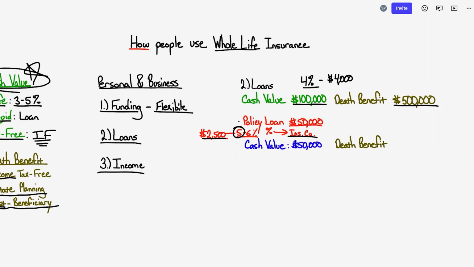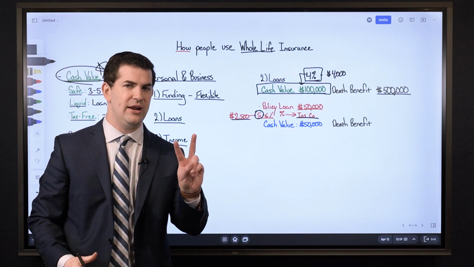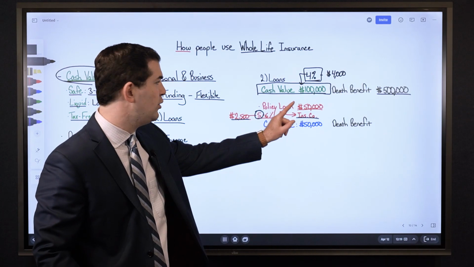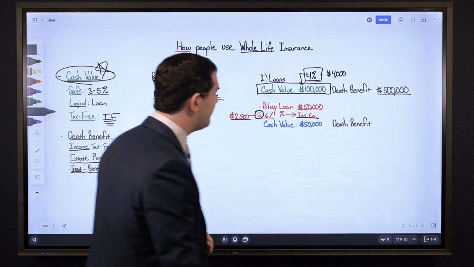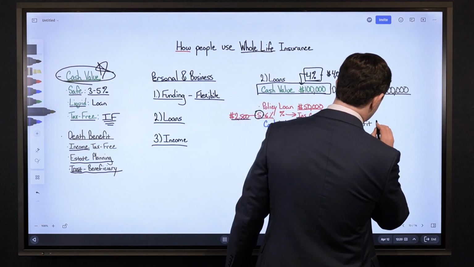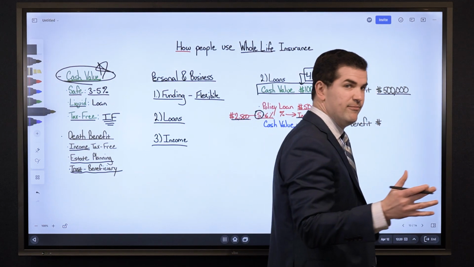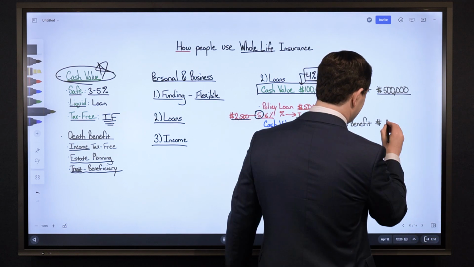Another $50,000. Now, when you borrow that $50,000, what happens is the insurance company tells you, we're going to continue to pay you dividends and interest on the full $100,000 as if you never touched it. So you're still compounding on everything. How they do that, 2 ways. One, they are charging loan interest when you borrow against it. And then second, what is a life insurance company's first and foremost obligation? Kind of in the name, to pay life insurance claims.